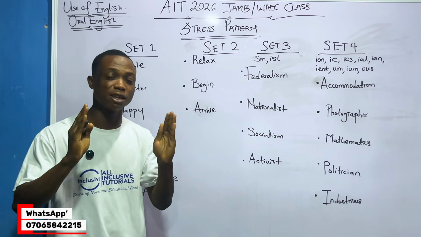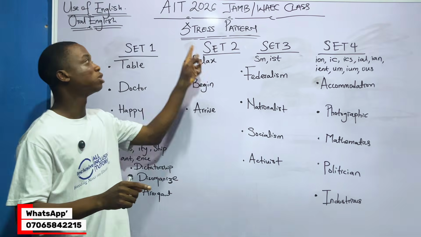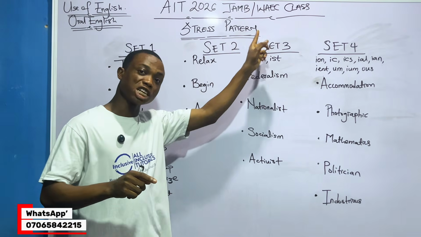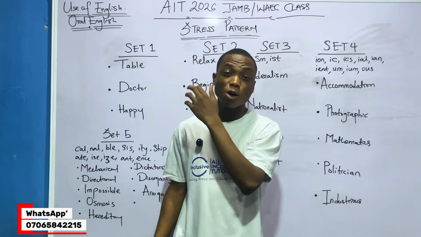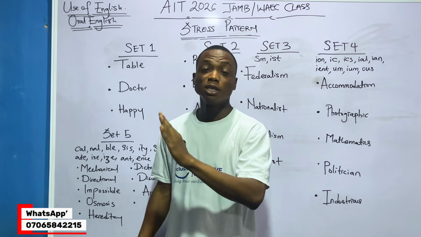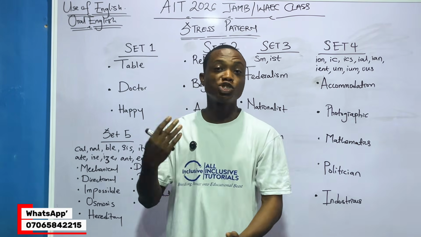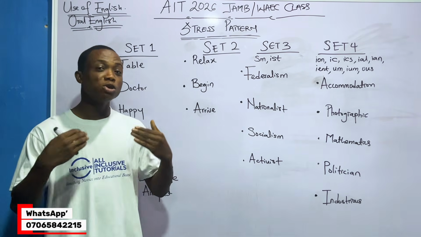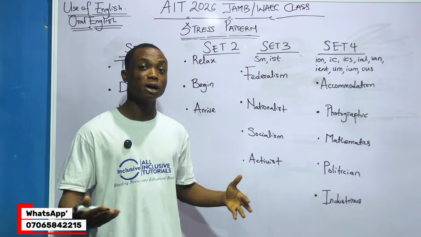At least you see like 10 questions from this particular one that I'm about to mention now. And the name of this one is what? Stress pattern. Stress pattern is under oral English. During my time, that was where I had my lowest score in English, because they gave me 15 questions on stress pattern, and at that time I didn't even know what stress pattern is. So I already knew I had failed those 15. I think it's about 10 or 15. That's how they normally do it.